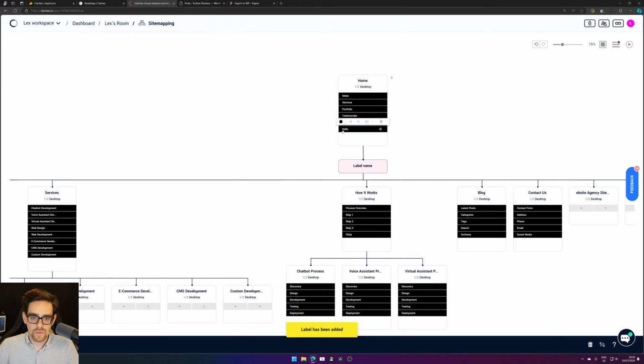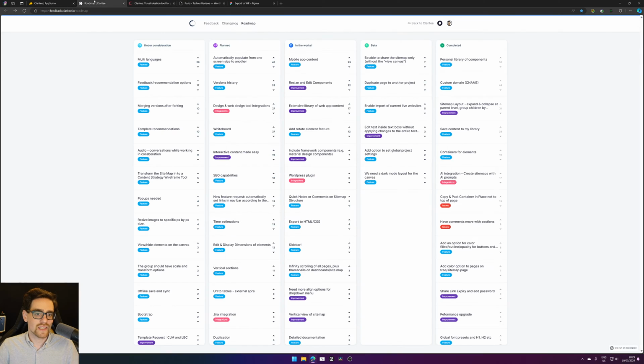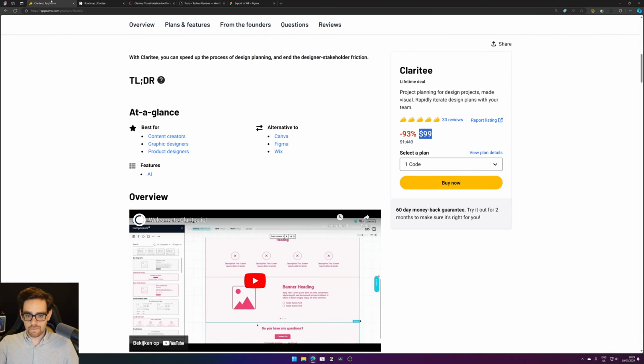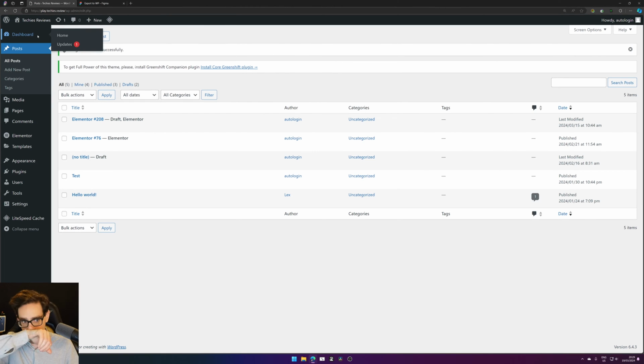Oh, that's the next part of the wireframe. Oh, here's the plus button. And then you can add new sections, so you can lay it out pretty well, but I think the list thingy works better. So let's close the Claritee stuff, because that's something we covered last week. And now let's get into